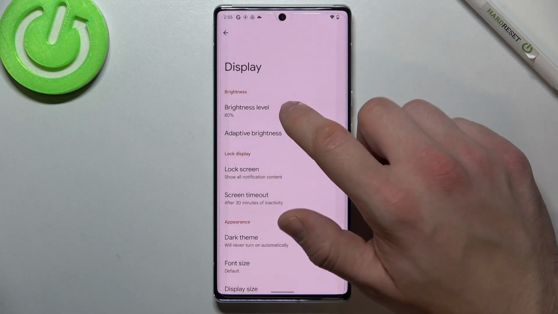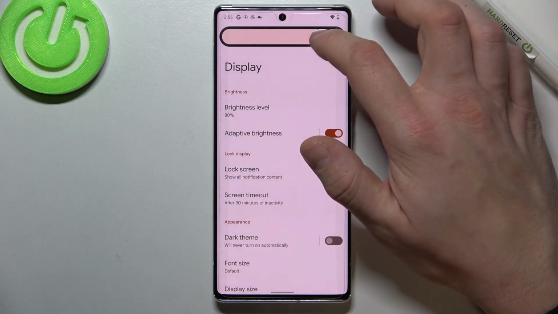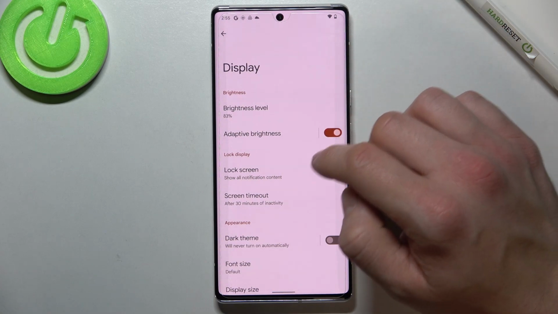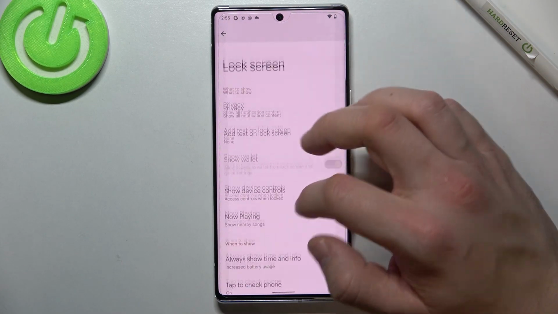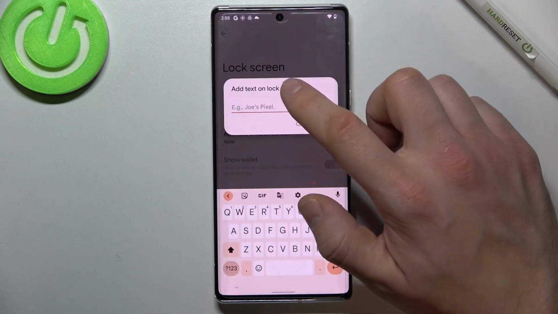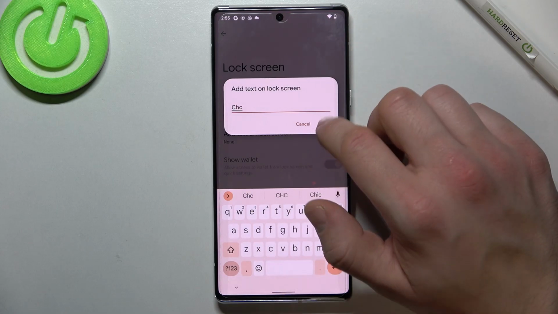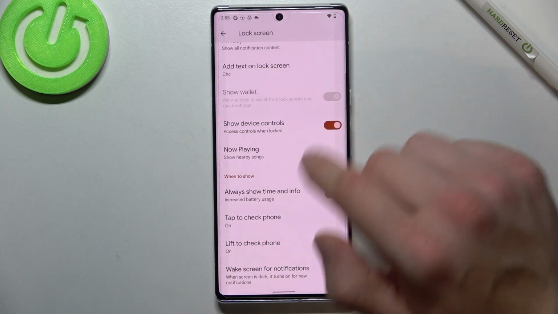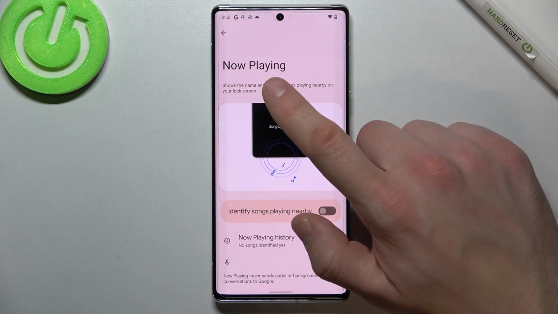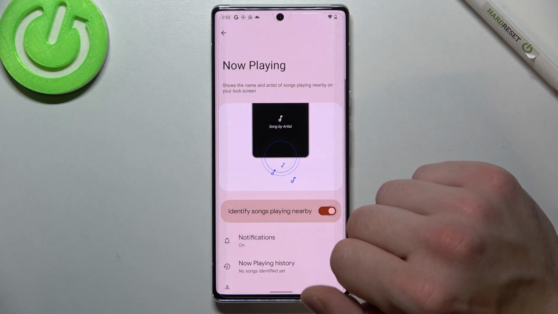Let's start from the top of the list where we can change brightness level of display, enable or disable adaptive brightness, manage lock screen settings like privacy. We can add text on lock screen, show wallet, show device controls, enable now playing feature,